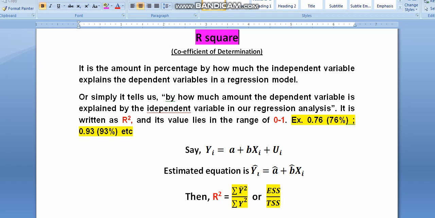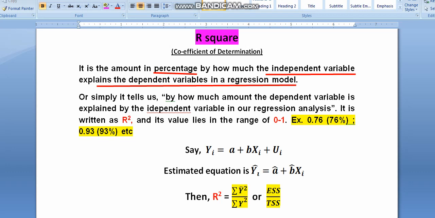Alright guys, today I'll talk a little bit about what we call the R square, also normally called the coefficient of determination. In a regression analysis, we are very much concerned about R square, the coefficient of determination. When you define it, or if you simply want to understand it, it is just the percentage by which the independent variable explains the dependent variable